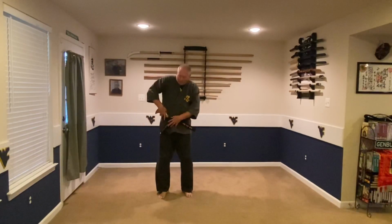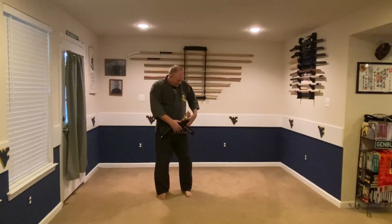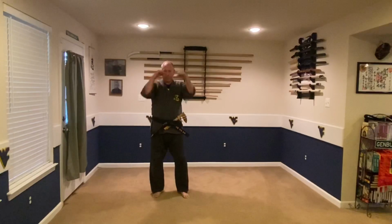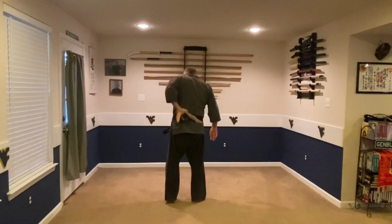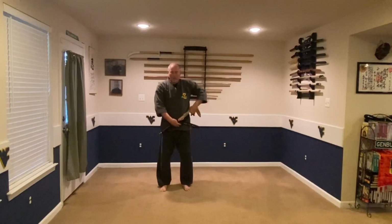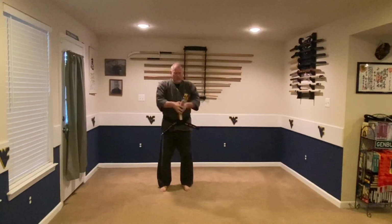If I'm not wearing a sword, and this is my primary weapon, I'm going to wear it in my belt here, with the blade facing down, so I can fight and move. I can also wear it in the center of my back here, so I can pull it out. So if it's wrapped up, wear it in your belt, pretty much like a sword. The difference is you want the blade always facing backwards and down,